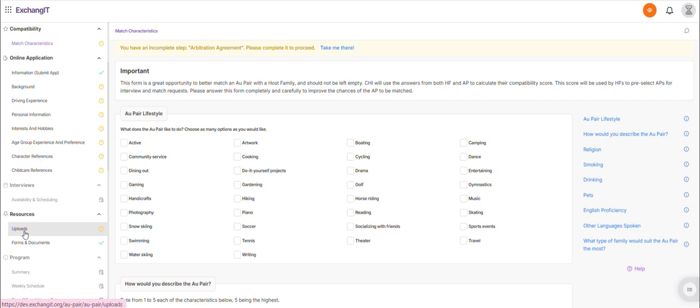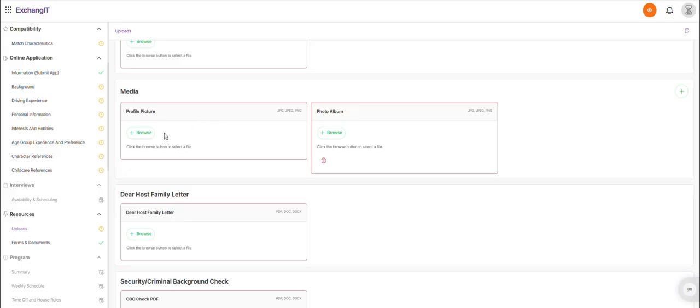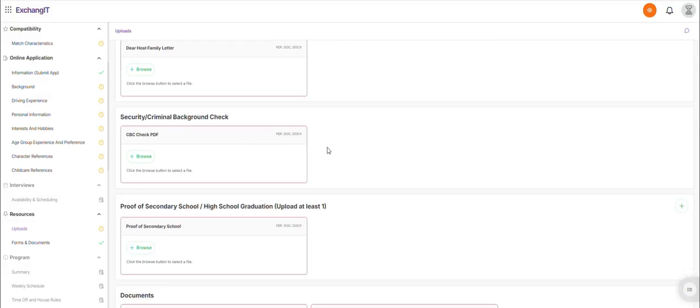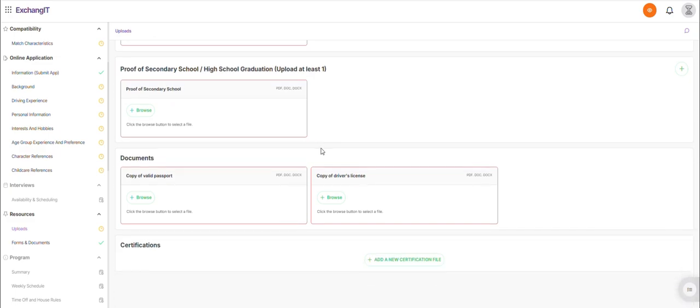At this point, there's another item I want to talk about, which is the au pair uploads. Most of our application has become digital, but there are still some paper documents that we require, and this is where they get uploaded. So for instance, here's their medical form, their profile picture, their photo album for the host family, their letter for the host family, their criminal background check police record, their high school graduation certificate, their copy of their passport image and a picture of their driver's license, and then also there will be a place here for their visa